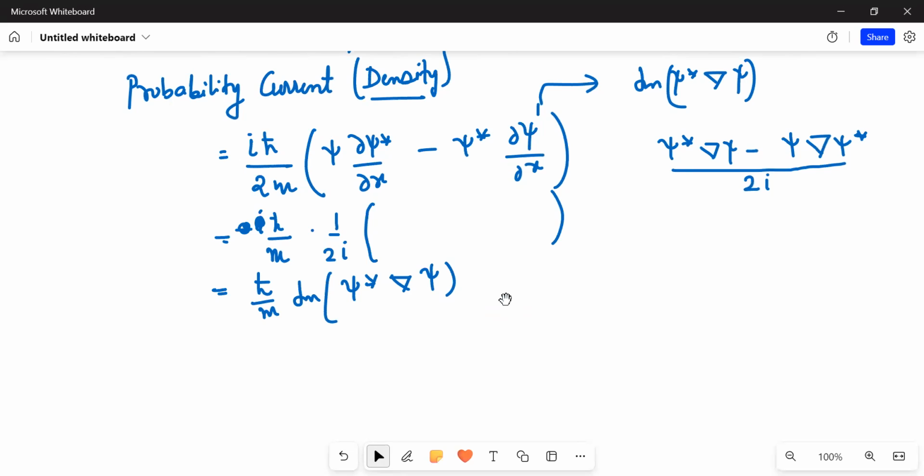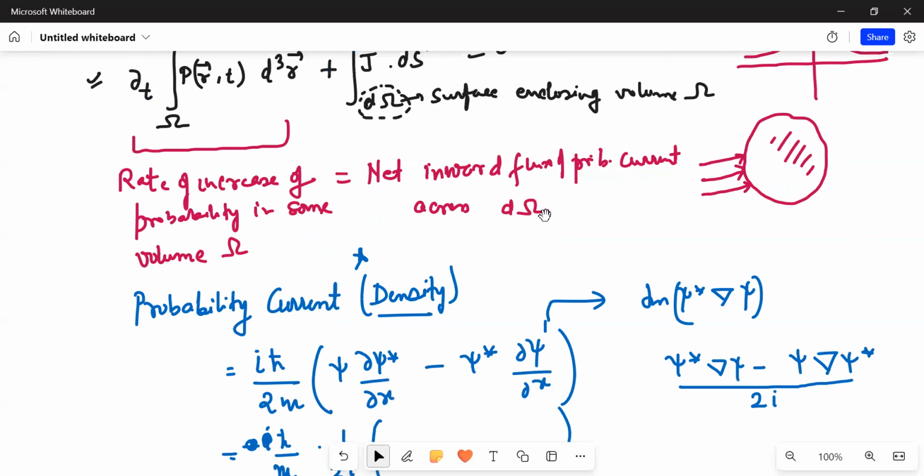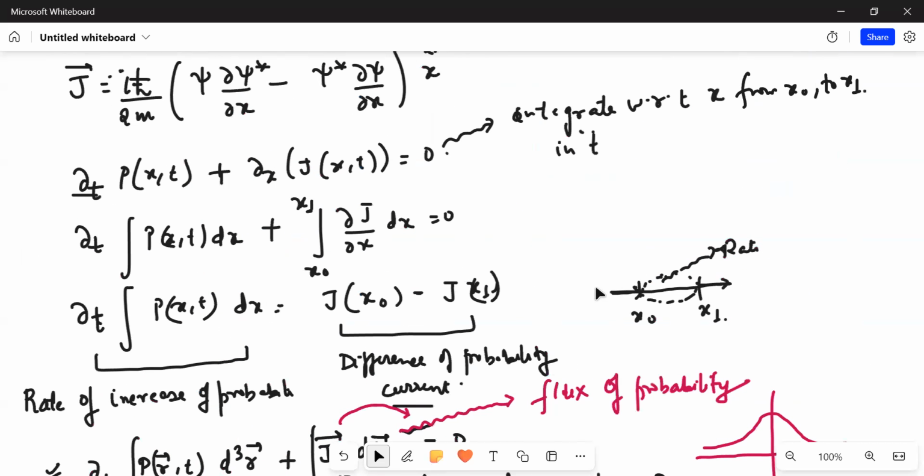Why it is called density, I'll find one reason. One of the reasons has been given by Bharat himself. He says that if there's a charge distribution, it depends upon how it is distributed. If it is distributed in 1 dimension, then it is linear charge density; in 2 dimensions, surface charge density; in 3 dimensions, volume charge density. Similarly, when we were doing it in 3 dimensions, I made a figure with a volume and a surface, and in 1 dimension I was doing it linearly. So probability current entering, probability current leaving, equals the rate of increase of probability in this interval.